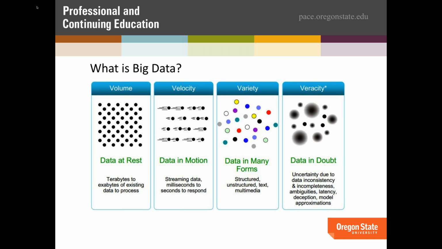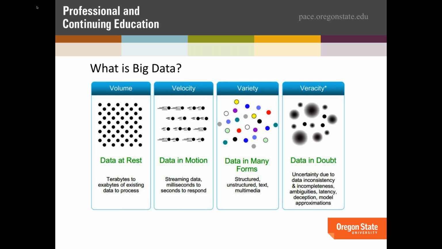You also now have not only data at rest, but data in motion, and that's the velocity factor. It's data that's actually streaming, so you might have milliseconds or seconds to respond. An example could be you work for a supermarket chain and someone is going through an order, and you see that they scanned a 6-pack of Coke or Pepsi, and you want to upsell them a bag of chips or similar. That data is in motion. It hasn't actually sat; you're not looking at it historically, you're making a real-time decision on it.